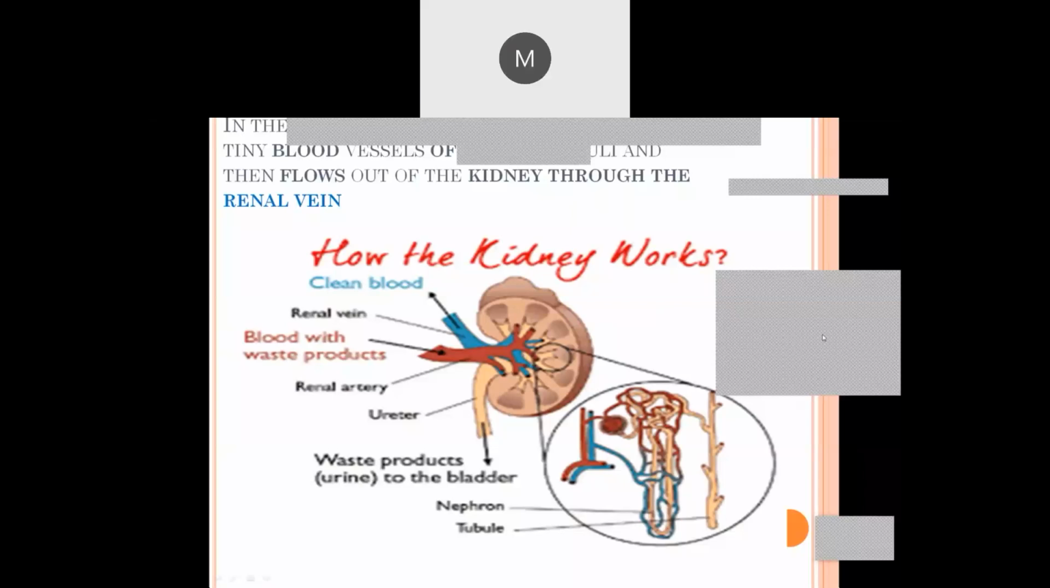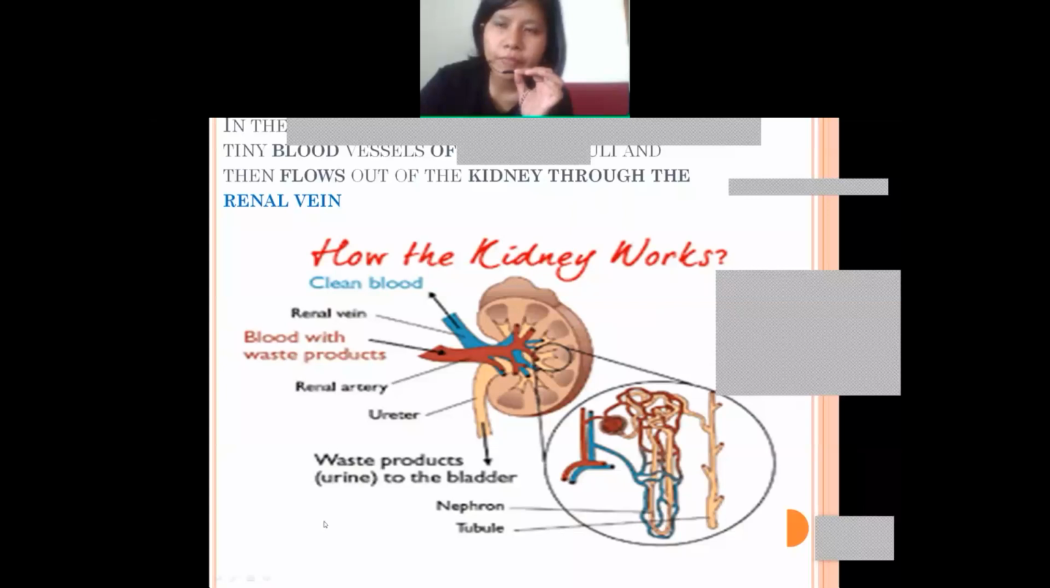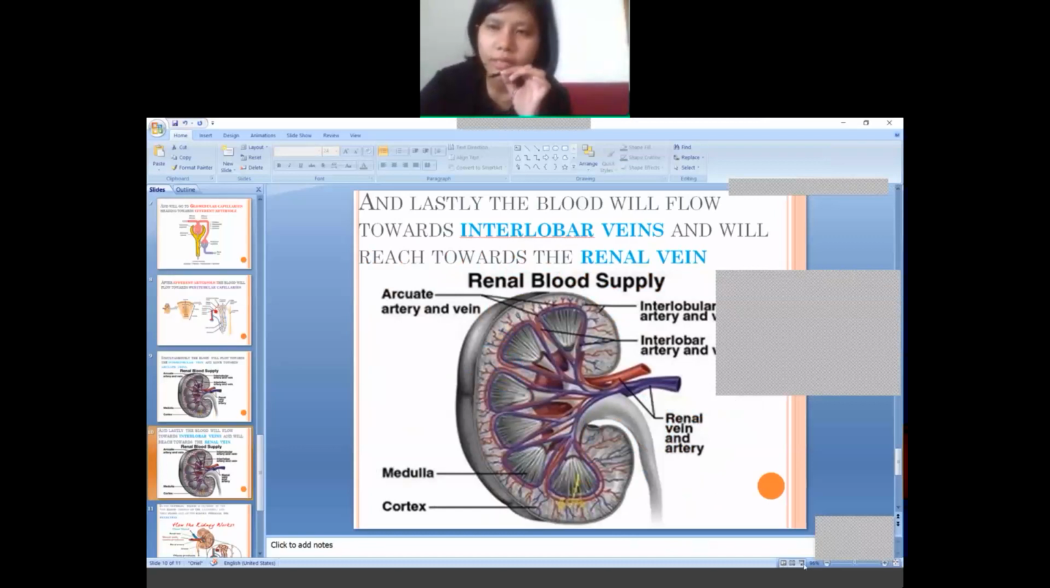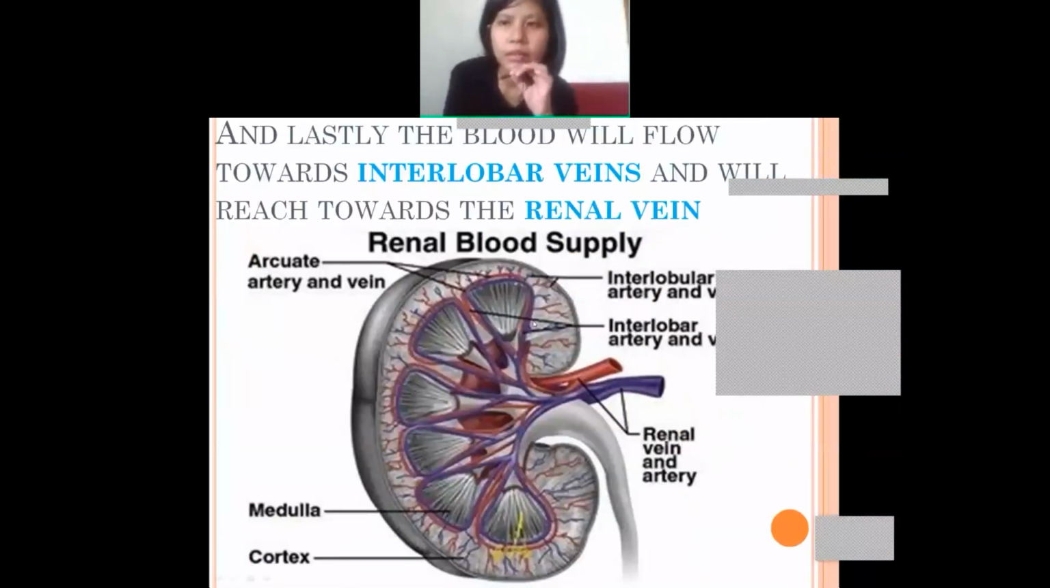After the segmental arteries, the blood will flow towards where? You please continue. Interlobar artery. Okay, after that, let me show you the diagram, then you will be able to answer more clearly. Okay, interlobar artery. After the interlobar artery, where? Arcuate arteries, ma'am. Okay, after that, interlobular arteries. Okay, after that,